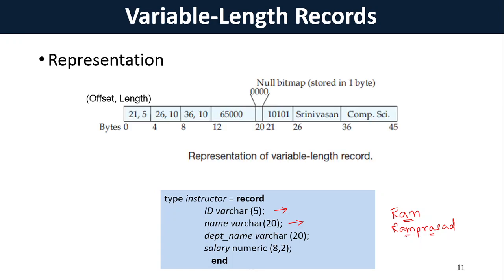Now if we want to store this variable length record, see here the representation on this slide. So this figure actually shows an instructor record whose first 3 attributes are ID, name and department name, and these are of type variable length. So these are varchar, means these are variable length strings, right? And the 4th attribute is salary, which is numeric and requires say 8 bytes of memory to store this number. Okay, so see here how actually we are storing this record,